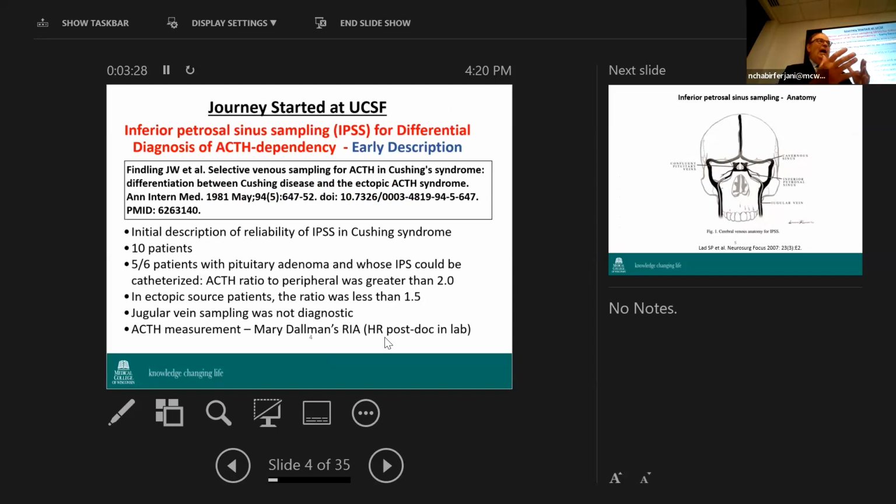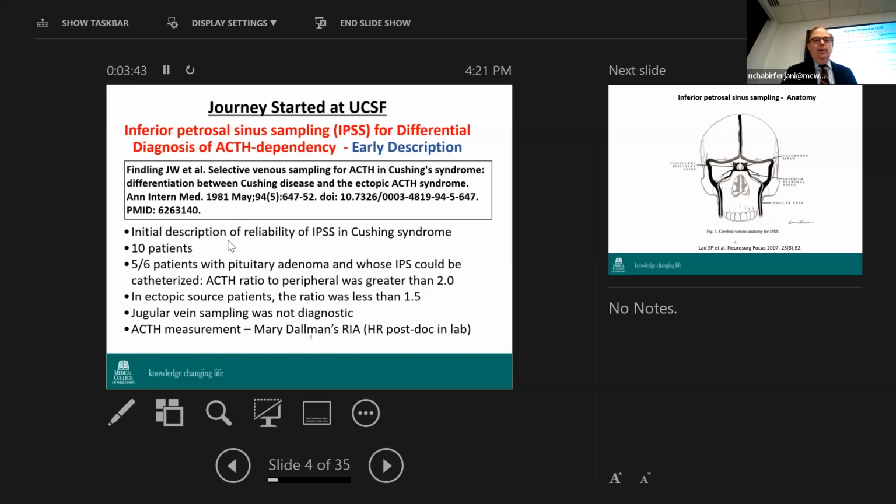So they were operating on pituitaries without any imaging. So they had to be sure it wasn't ectopic. And we figured out that if you do something called inferior petrosal sinus sampling for this differential diagnosis, which we